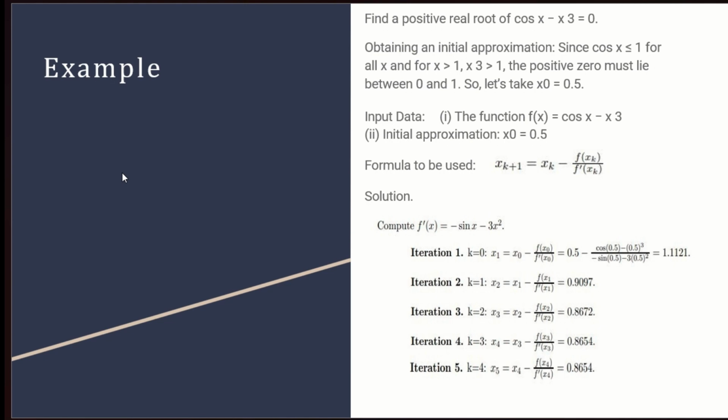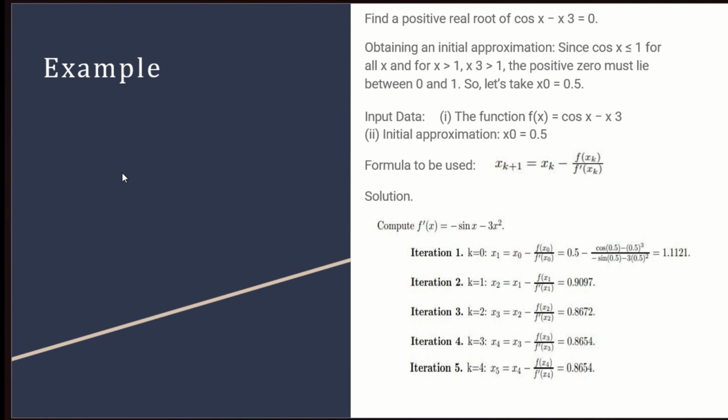Now first we will compute the f dash x value to find the next solution, that is x1. The derivative of f of x will be minus sin x minus 3x square. Now for the first iteration, k is equal to 0. So x1 will be x naught minus f of x naught divided by f dash of x naught. Putting in the x naught value, we get x1 equal to 1.1121. Now for the second iteration, k is equal to 1, and putting the value of x1 in the function, that is x2 is equal to x1 minus f of x1 divided by f dash of x1,